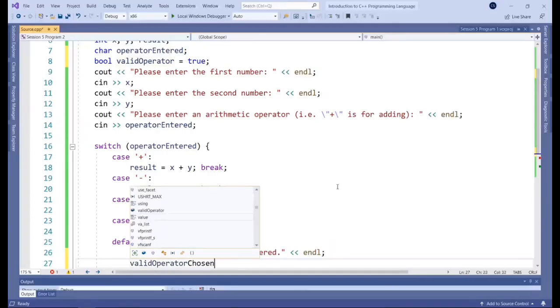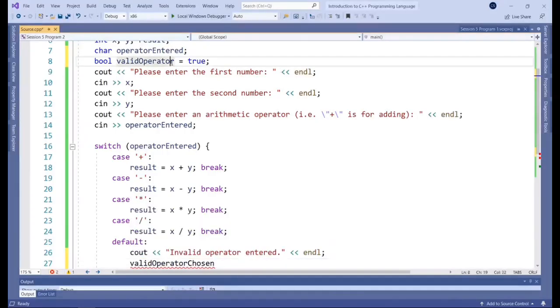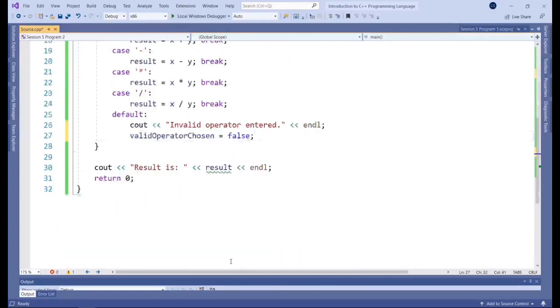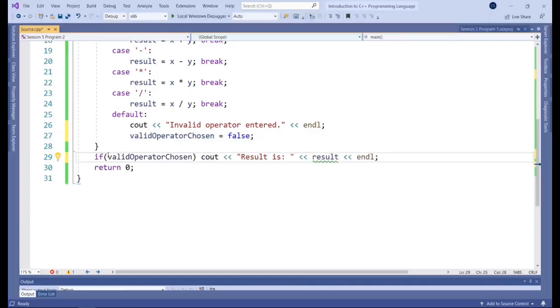Actually, let's call that valid operator chosen just to be more clear. Right. So we can flip that to false in case we don't have a valid operator, and then wrap this inside an if statement. So if valid operator chosen equals true, then publish the results. Okay.